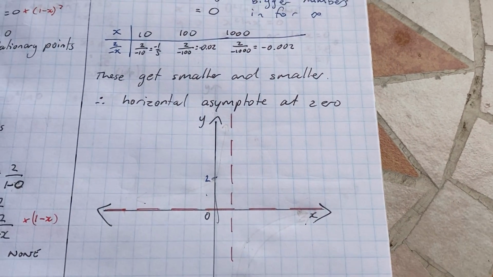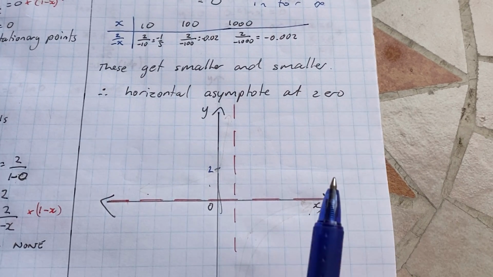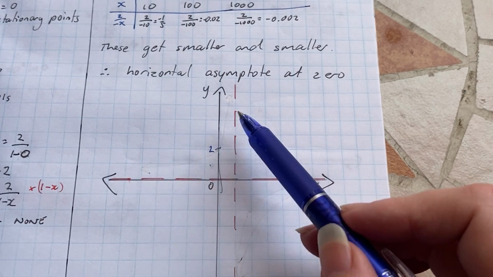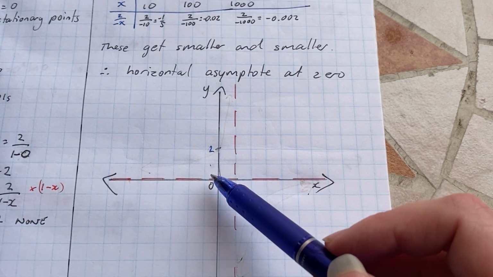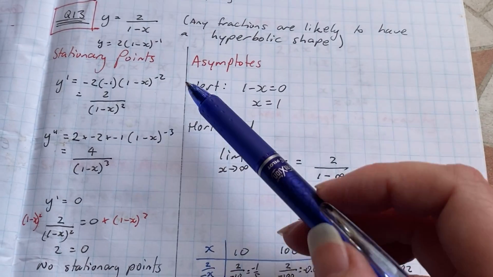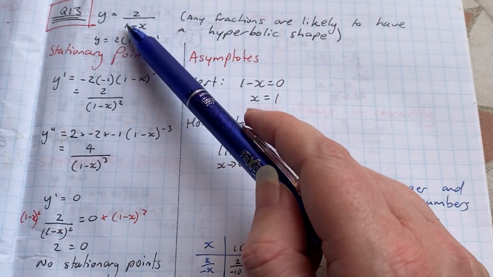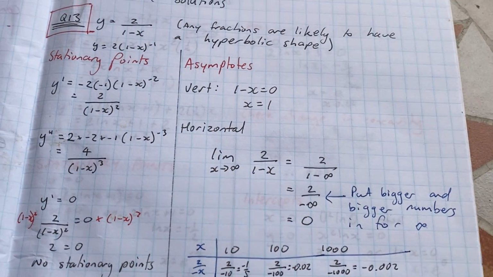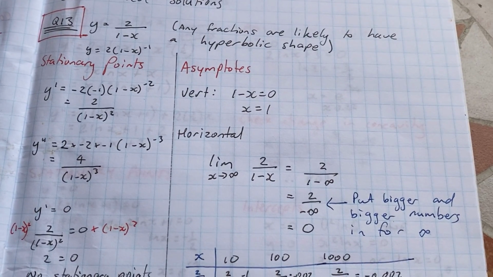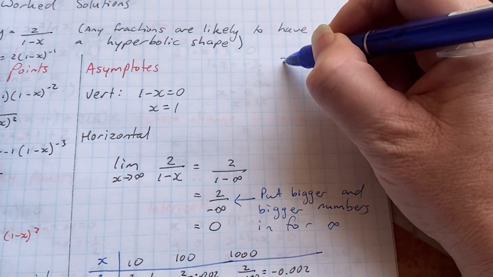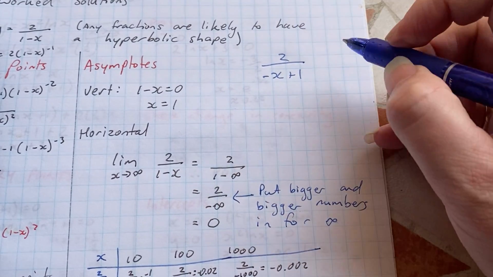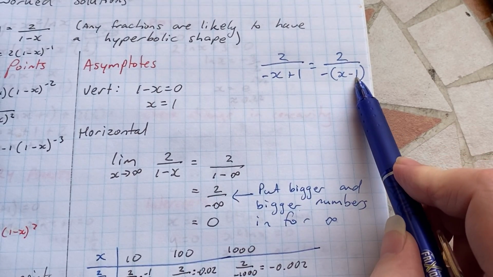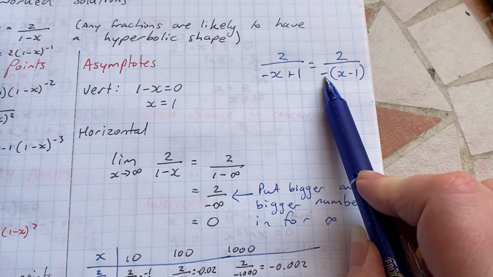Okay, so let's draw that. Now, the cool thing about asymptotes is a curve will always tend towards an asymptote. This is a very basic hyperbolic shaped function. It is a hyperbola. If you think about our transformations, the x is multiplied by 1, and then there's like 1 added onto the x. Okay, so that is not in our standard form. If I was to write it in our standard form, I would go 2 over negative x plus 1. So I must factorize: negative (x minus 1). So it's a shift 1 to the right, and it's negative, so it is reflected